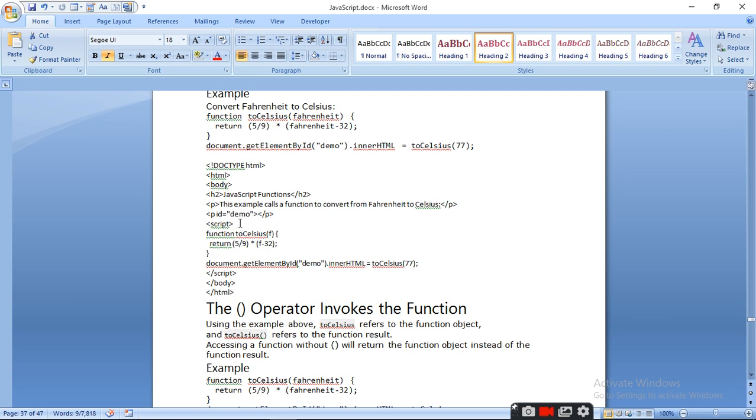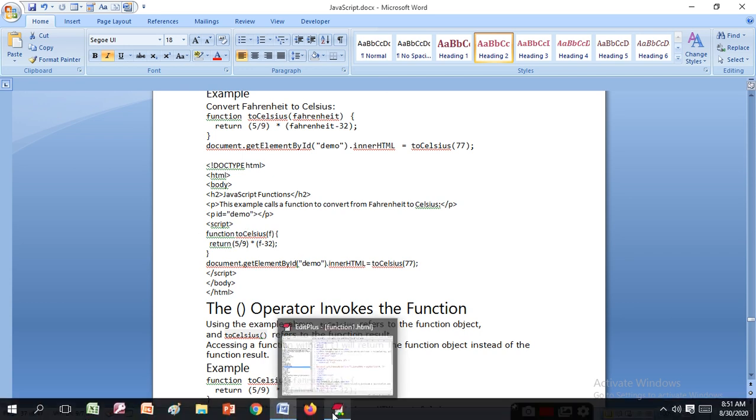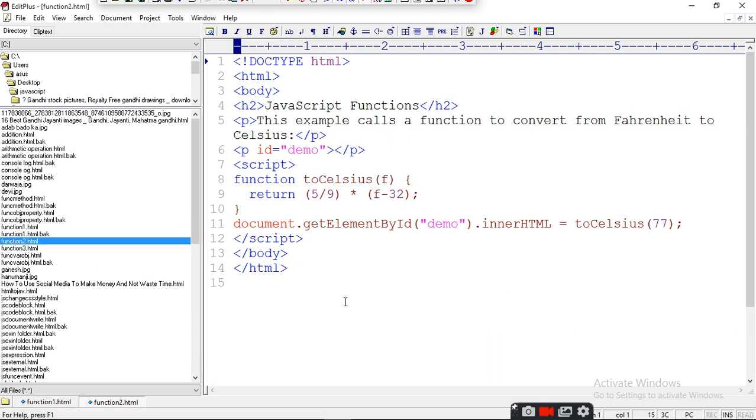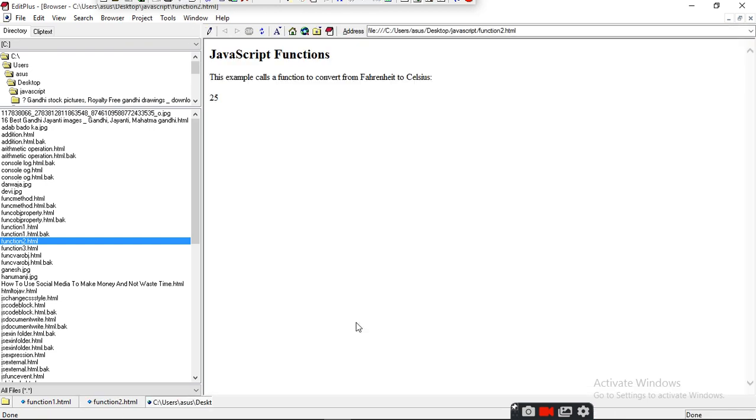When we give 77, then f will equal 77, and when we subtract 32 from 77, it will give you a return value. How it gives, see in this one. It will give you 25.